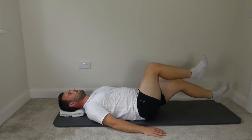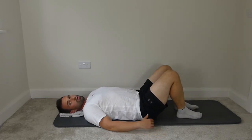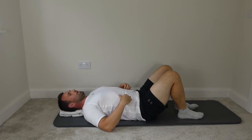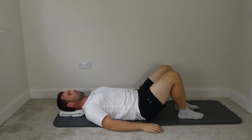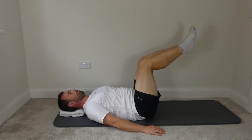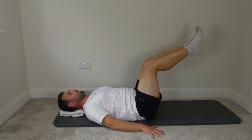One last one. Legs to tabletop and bring the feet down. We're going to start to run through a bit of work for the abs next. So imprint again, double toe taps next, rib cage comes down, chin is tucked in, one at a time legs to tabletop, focus on the imprint, tap the feet as close to the hips as you can to start,